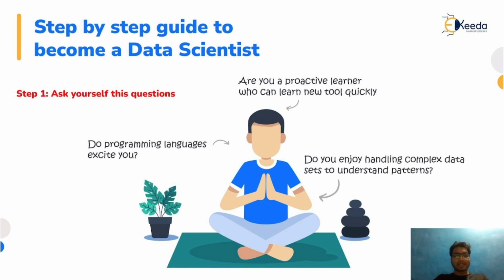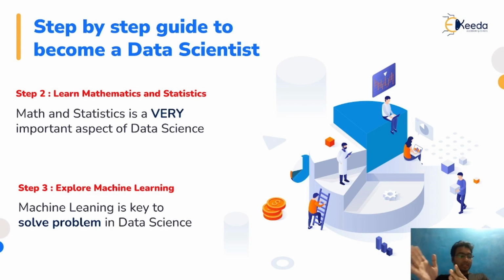Let's see what the second step is. The second step is to learn mathematics and statistics. As we have seen earlier, mathematics and statistics are very basic things, and they are foundational for any data scientist. Because when we look at machine learning and deep learning, there are algorithms involved, and a lot of mathematics and statistics goes behind those algorithms. As a data scientist, you should be able to understand what exactly is going on behind them, and how you can improve those algorithms as per your data sets. So mathematics and statistics play a very crucial role.